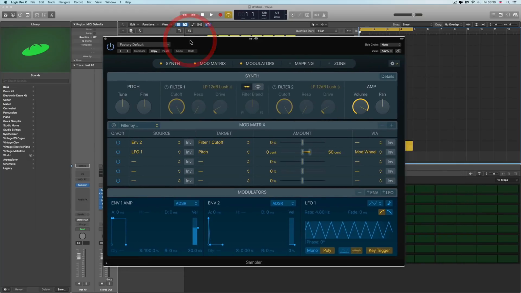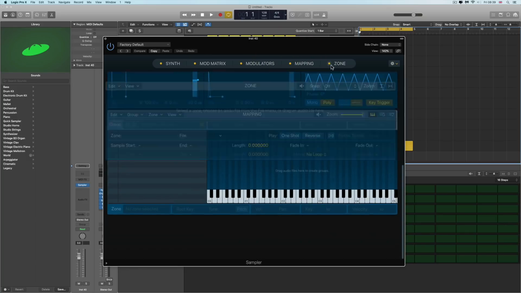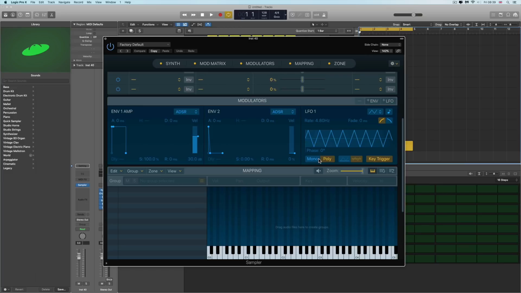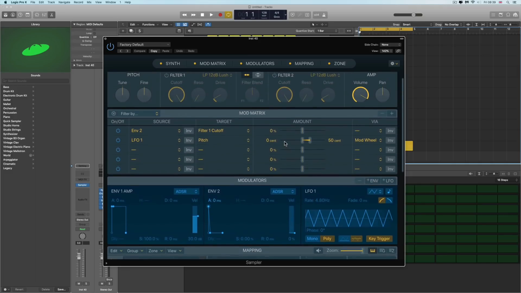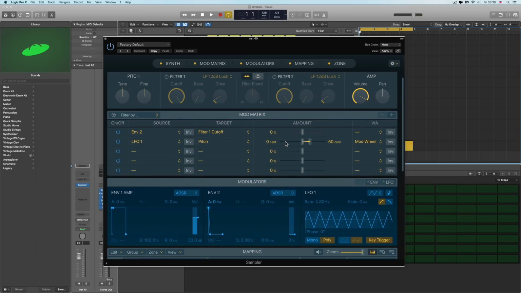And this is it, and it replaces the EXS24, and it is more pleasant to look at, I must say. The controls are better laid out in terms of, easier to see, easier to operate, etc. And these are the main bits: the synthesis bit, the mod matrix, and the actual modulators here, envelopes and LFO, etc. And you can bring in the mapping and the zones. It's no less complicated than the EXS24. It'll still take a hell of a lot of learning, particularly the mapping and zone stuff, which is incredibly cryptic, but it's just nicer laid out, and it loads all the old EXS24 patches, sample sets,